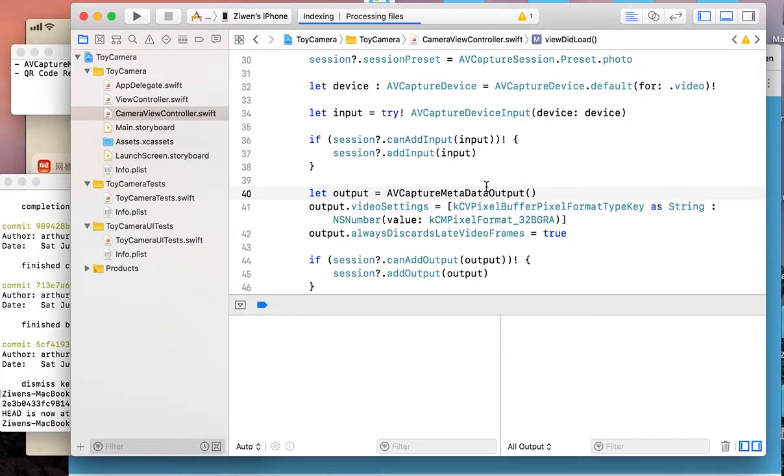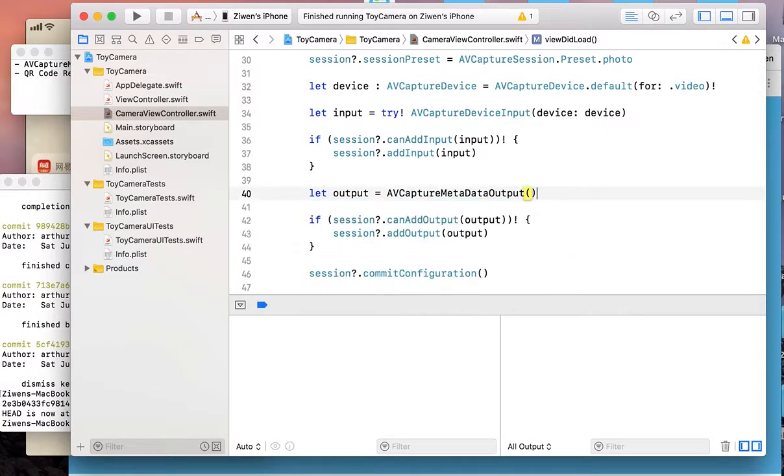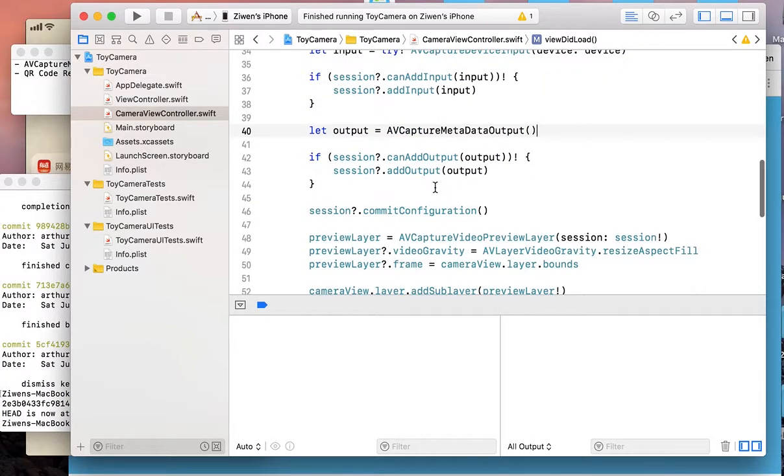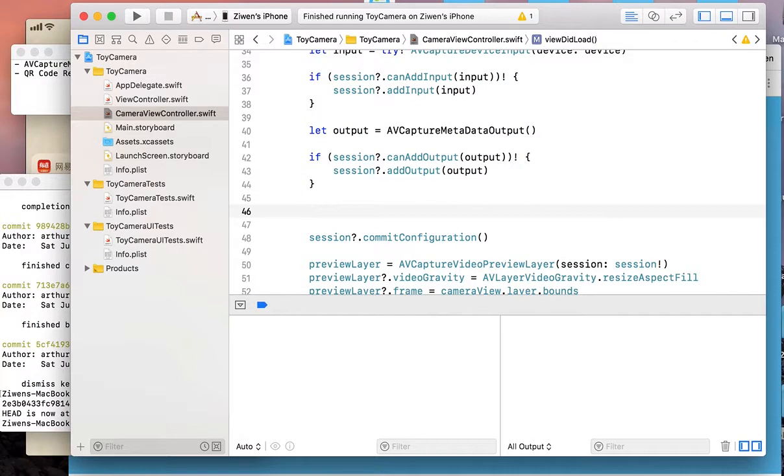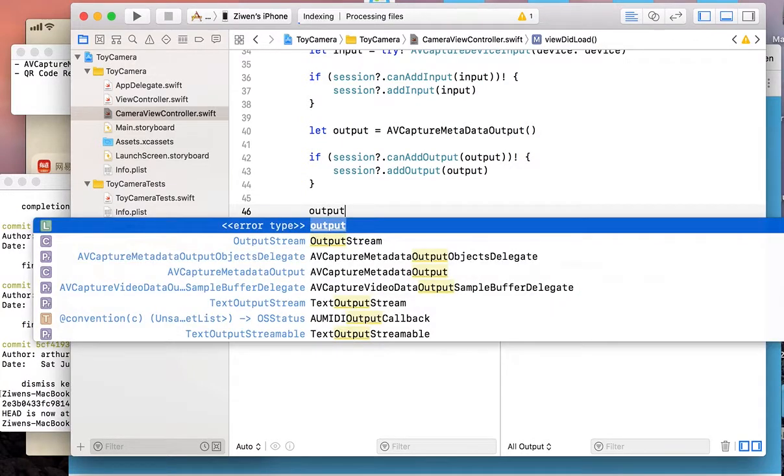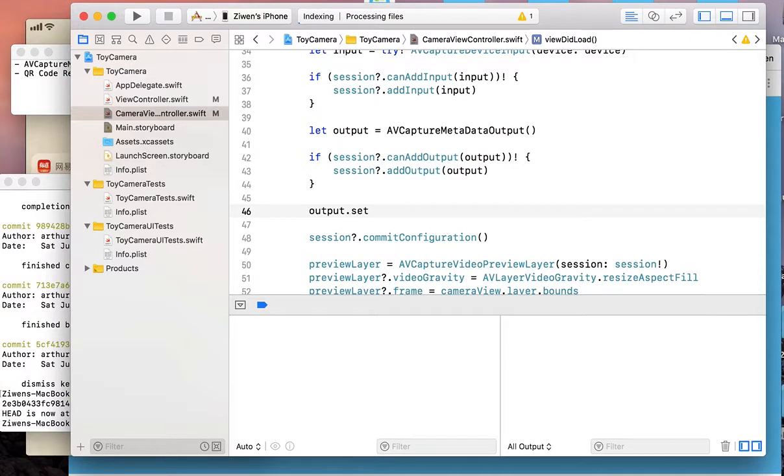All the text information hidden inside the QR code is called metadata. Also, we don't need the video settings and the video frame stuff. Okay, so last time we added a video data output delegate to our output. This time we will set